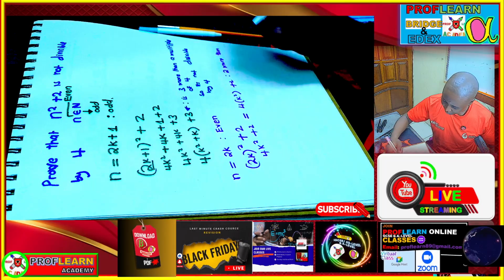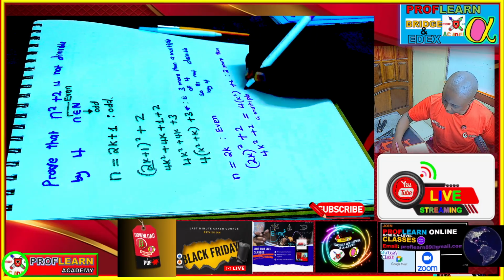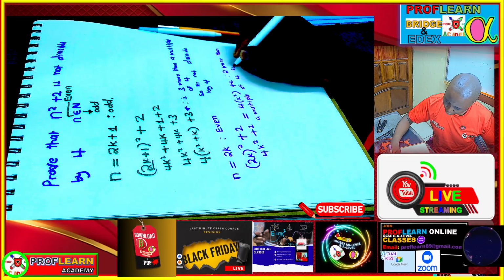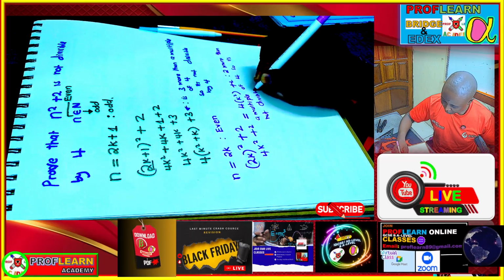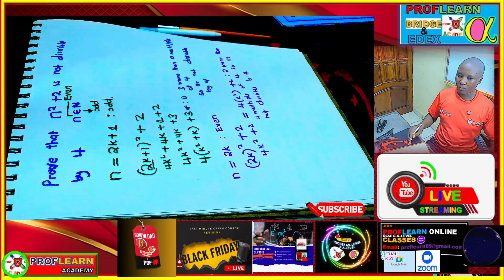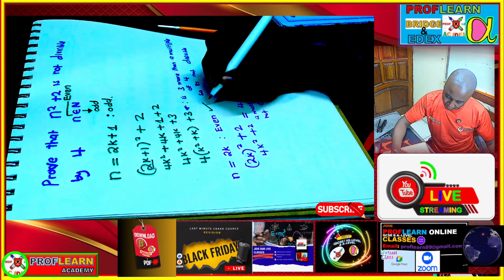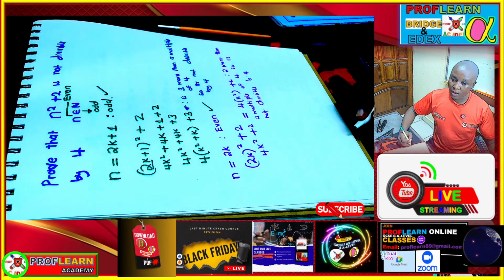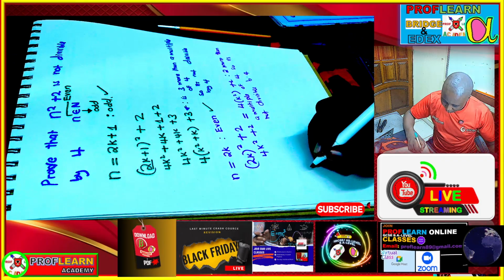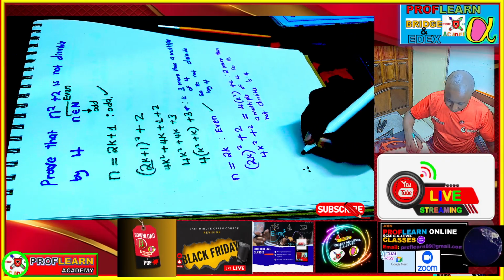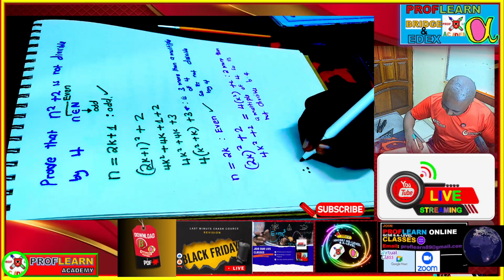than a multiple of 4. So it's not divisible by 4. So we have shown that it's not divisible when n is an even number, and it's not divisible when n is an odd number. So since these two conditions hold, therefore we have to conclude that it has been shown that